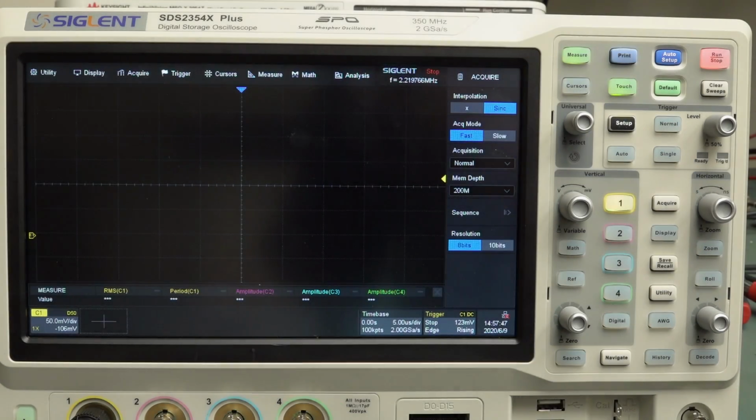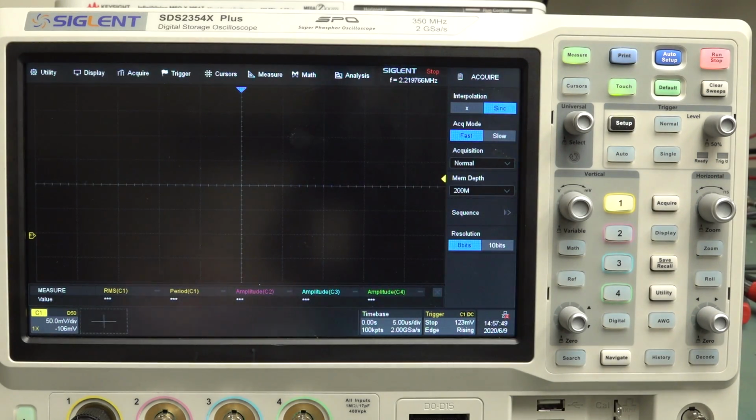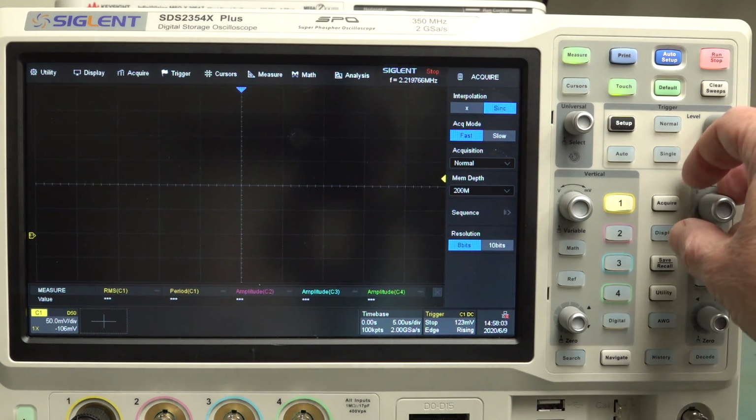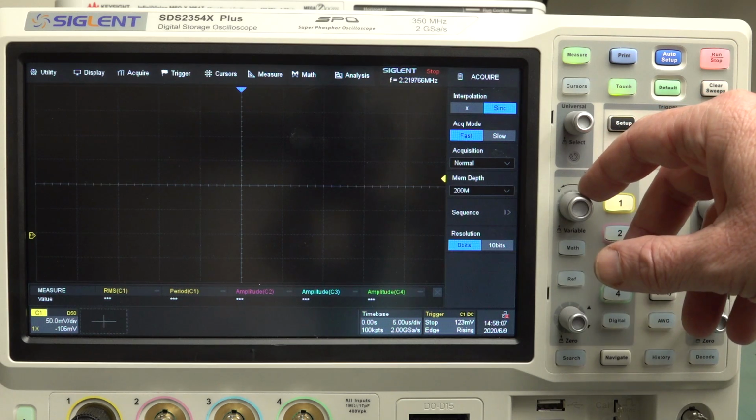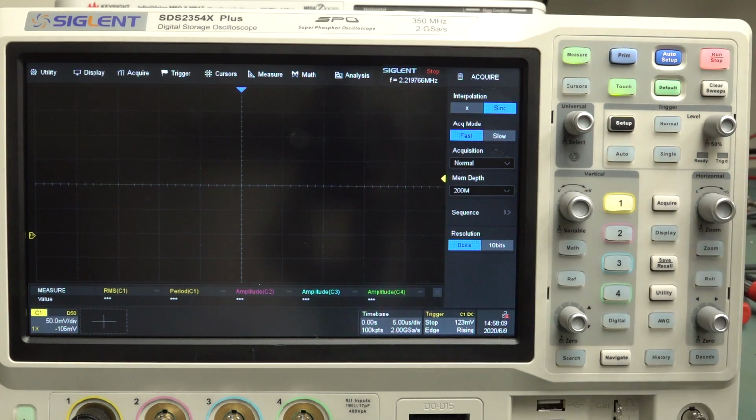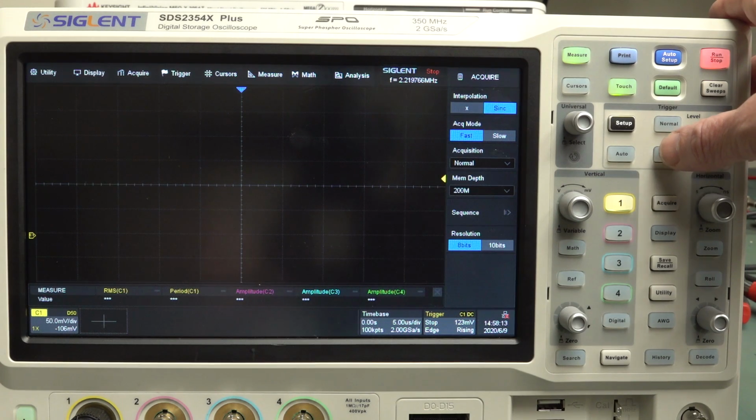Hi, the humble oscilloscope. You're used to using it every day, and if you're troubleshooting a specific signal that you're trying to measure and seeing what's going on in your circuit because it might be playing up, you're used to setting up your oscilloscope to capture a signal. You'll set your horizontal time base to what you want, you'll set your vertical time base to what you want, you'll set your trigger level to exactly what you want,